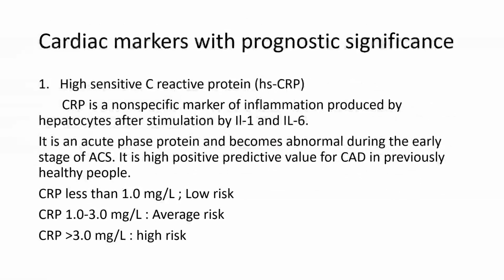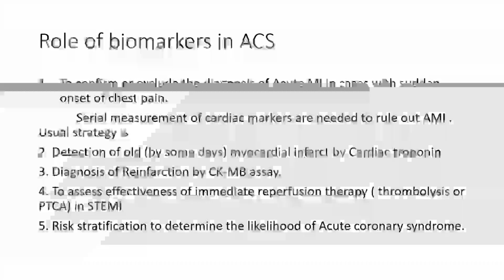In addition to these, there are some other supportive lab tests for cardiac functions which we have already studied. One is leukocytosis. If we do a CBC, we see increased WBC counts with increased polymorphs or neutrophils. ESR increases. Other supportive tests could be renal function tests, lipid profiles, HbA1c levels for diabetes, and so on.